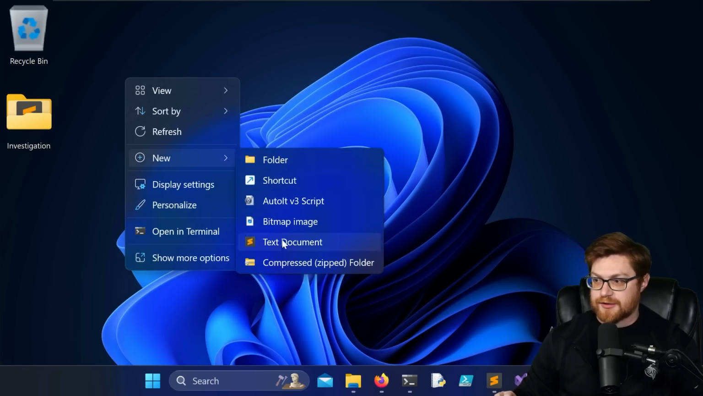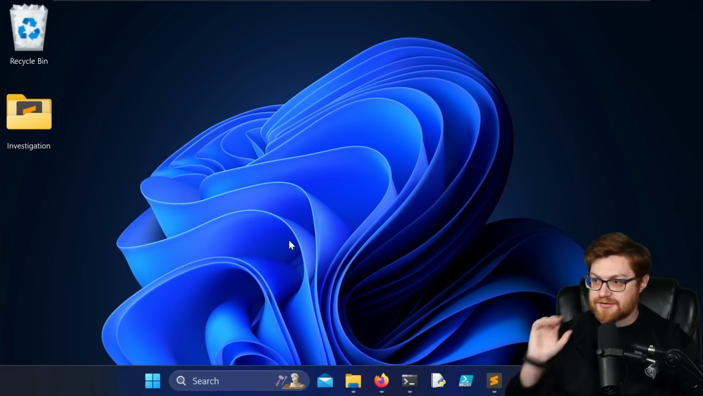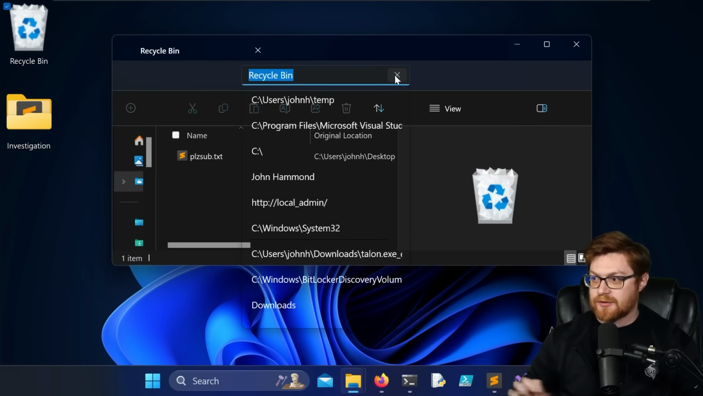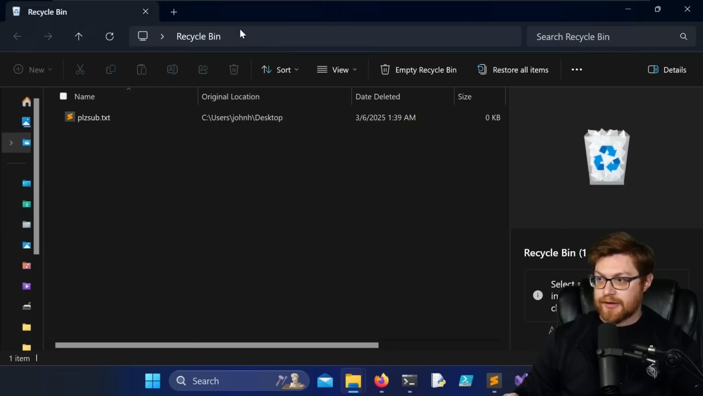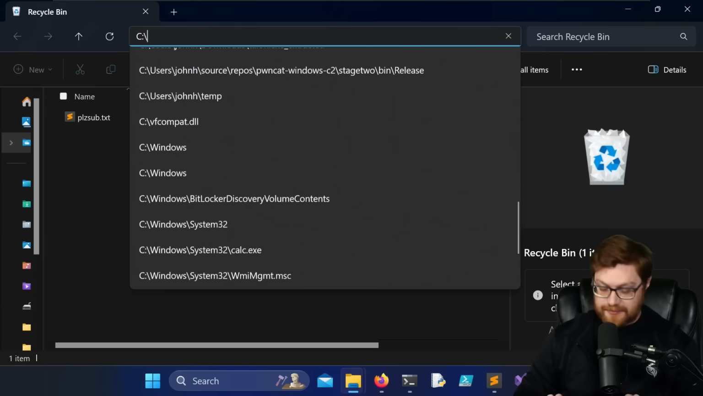Let me create just a quick new please sub.txt file, and then let me delete it. And you can see it's populated in the recycle bin, which, as you can tell, usually in Explorer is just called Recycle Bin. Explorer will show you just Recycle Bin as clean separated words, title case with a space in between, but